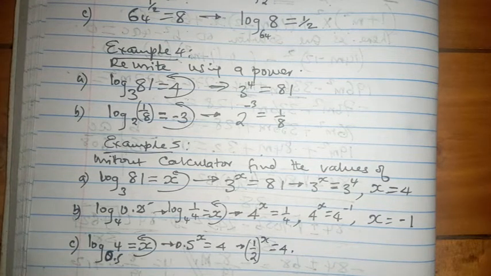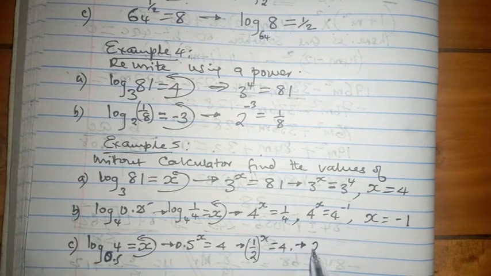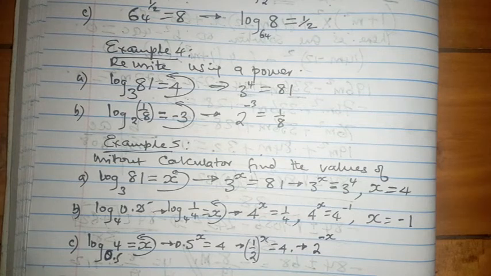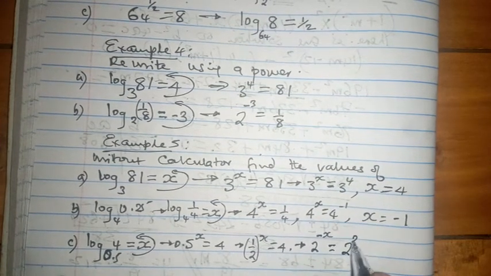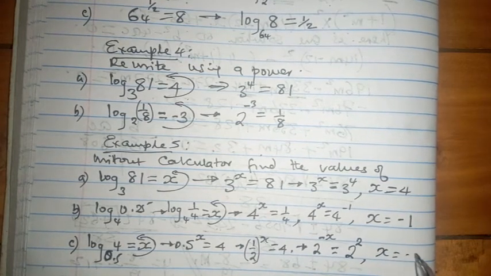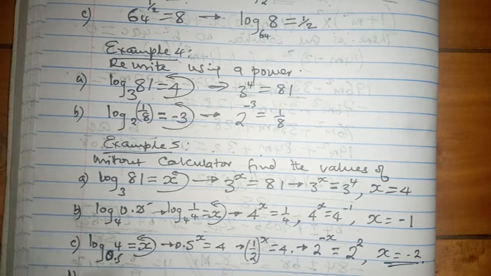And it goes without saying, you can write all this into base 2 and say 2 raised to power minus x, because it gets up there to be minus 1 times x, minus x is equals to 2 raised to power 2. So definitely you would see that our x is equals to negative 2. And that is it. Part D,